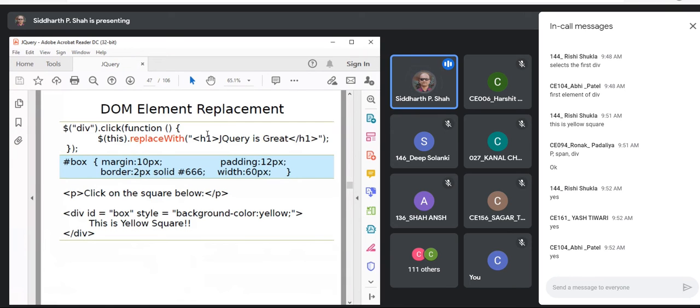Now, if you want to replace some element, by looking at this code, can you tell me what it will do? It is very simple to understand.